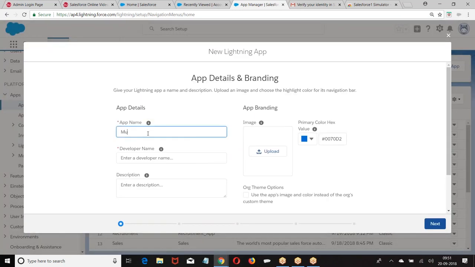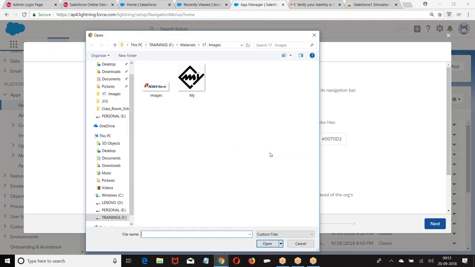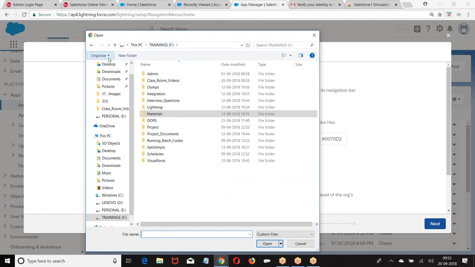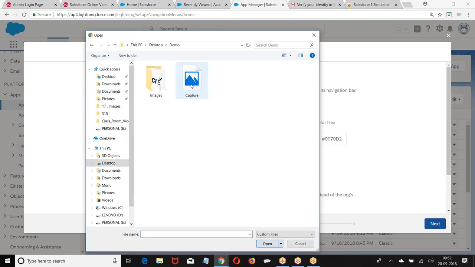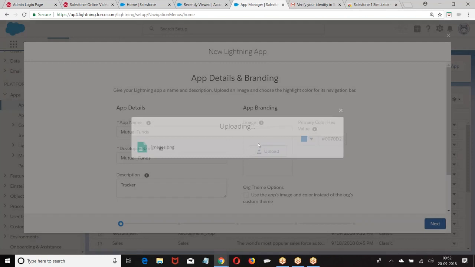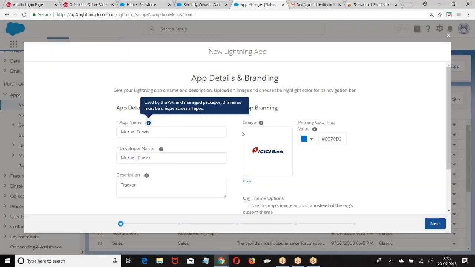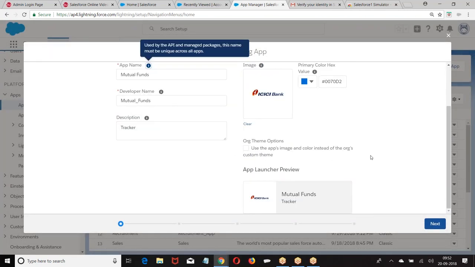Application name, developer name, description, logo. You want to choose your logo. I want to choose some other logo from the desktop. I have chosen some logo.